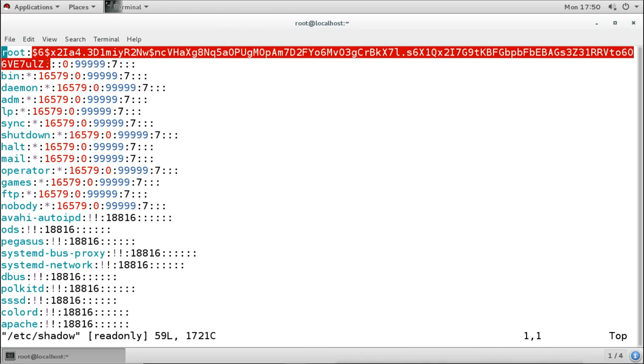So the machine itself cannot reverse the password hash. It will match the hash which is stored here. It will compare the hash which is stored in the file and the hash of the password value which we provide at the login time. Okay, so this is the hash.